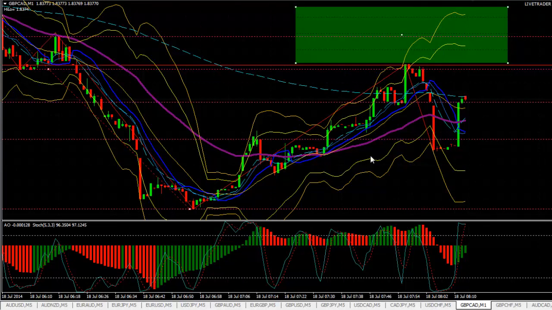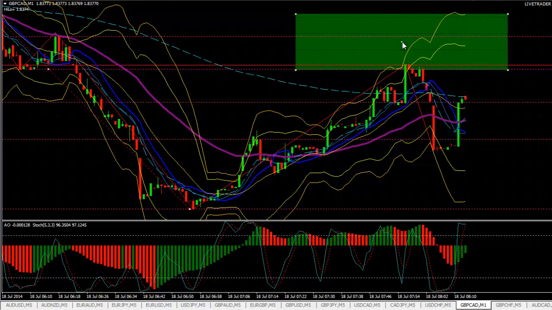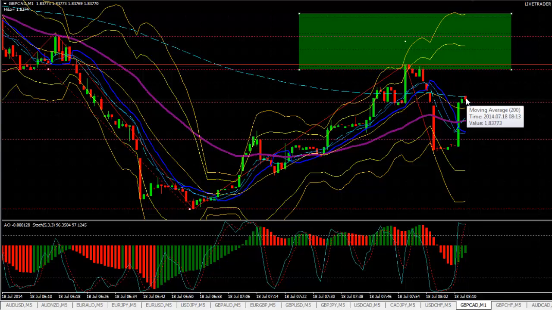Okay, let's look at the 1 minute chart. You can see that's where I got in. That's where I have my little rectangle up there. Where is it? There it is. Okay, and you can see it came down, sat for 5 or 6 minutes, then had a dart up. Now it's sitting right under the 200 moving average on the 1 minute chart, so I would expect it to find resistance there because